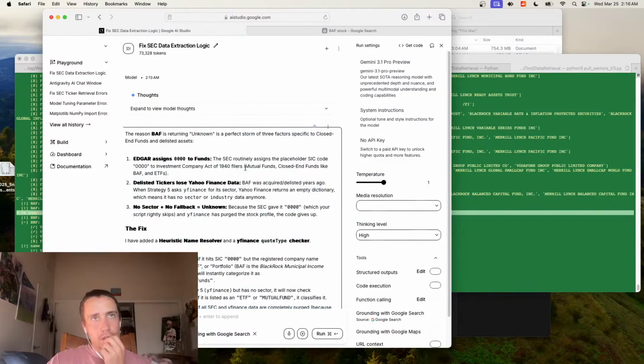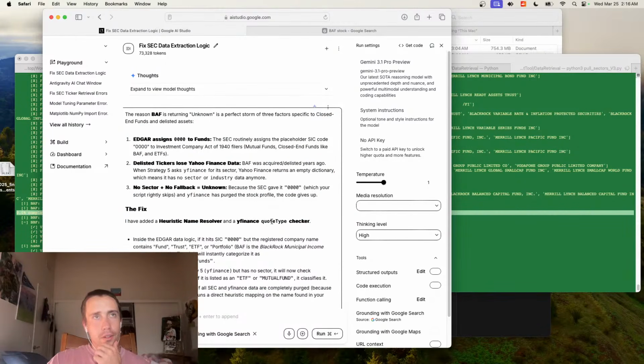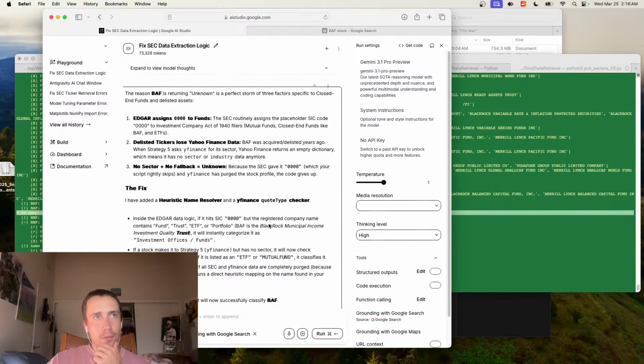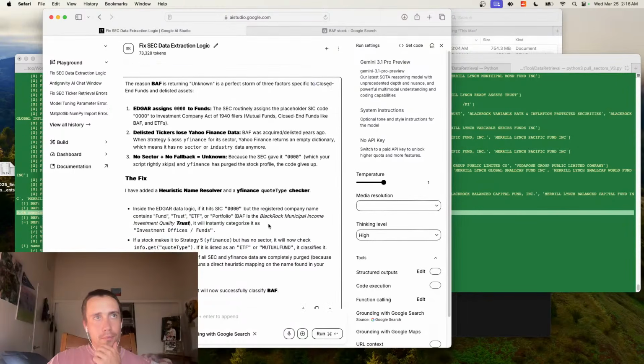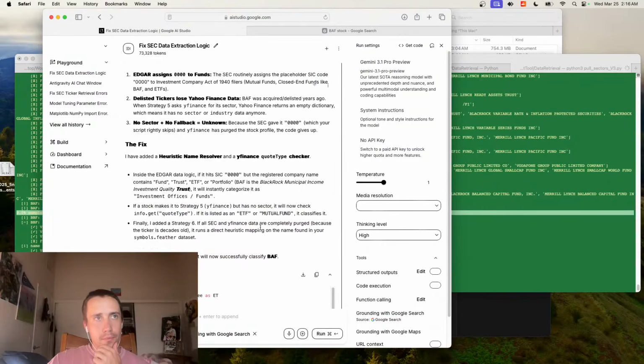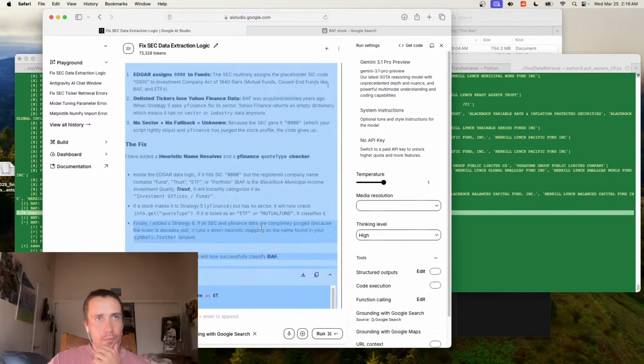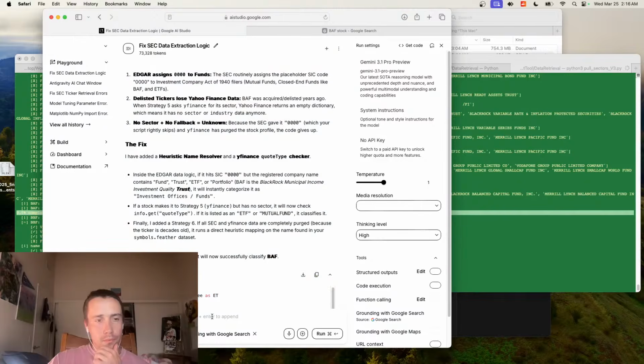BAF was acquired, delisted years ago in strategy 5. No sector, no fallback, unknown. What does a heuristic map in mean?